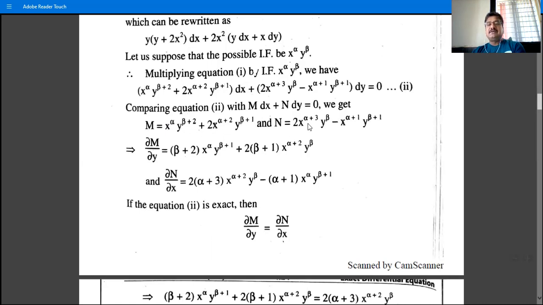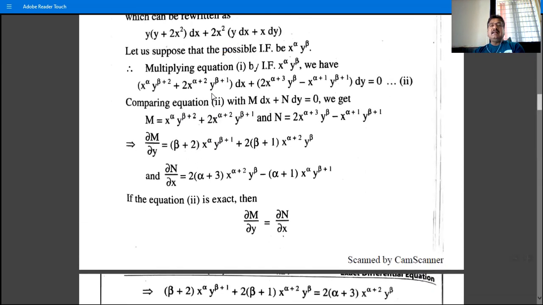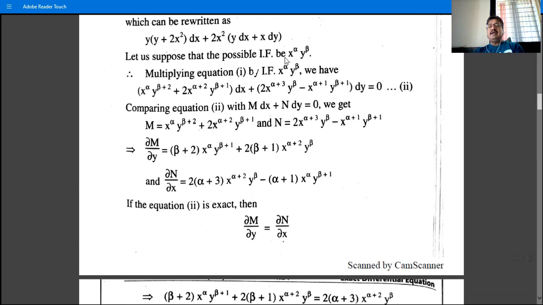Then ∂N/∂x is 2(α+3) x raised to α+3−1, that is (α+2) x^(α+2), and y raised to β as it is is constant. Then the derivative of this, y raised to β+1, is a constant quantity, x raised to α+1, and the derivative is (α+1) x raised to α+1−1. So we have this, and after multiplying, this is the integrating factor, x raised to α y raised to β is the integrating factor. So after multiplying, we have this equation second, and this equation now is an exact differential equation,